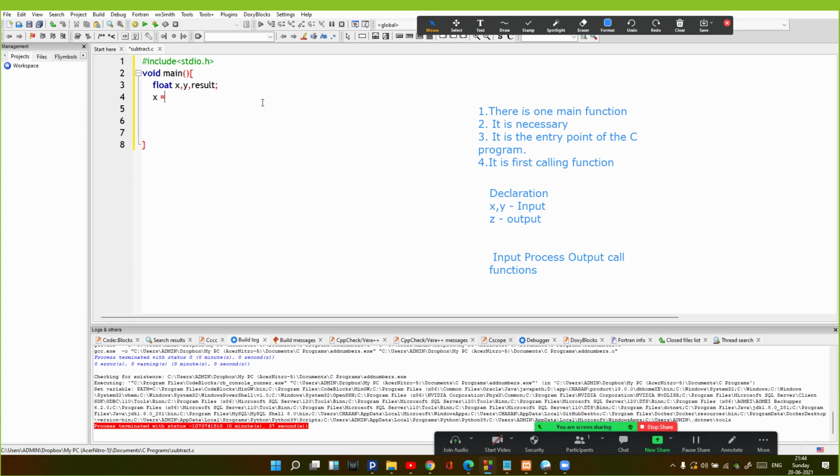So say I say x is 6 and y is 8, but in this case we cannot change the values all the time. So what I'm going to do is use the input functions to take the input values. There are two ways we can provide the values. One is the static way by hard coding the values. Another is dynamic, which means using input functions to give the input value. The main input function that will be used is scanf.